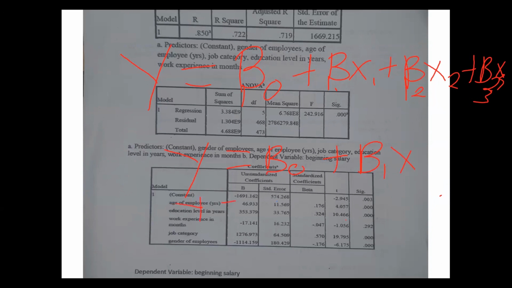Y shall be equal to beta naught, let's say it's a constant number, maybe 50. Plus beta 1, the coefficient of that variable when it was regressed during data analysis. Maybe it gave, let's say, just 5, so 5x. Now listen. When we say x is influencing y, it means